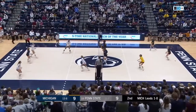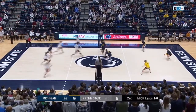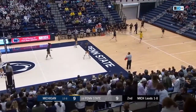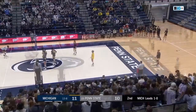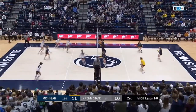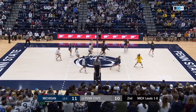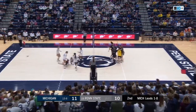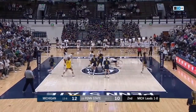Now Johnson from the left corner again. Stark with a better receive that time, and now it's over to Rollins. Going cross court there. It deflects off Grant. Racing back is Jones. She won't get there. Merzick set up again in the left corner. Goes cross court. Horde's there that time with the receive. And now Horde with the attack gets it deflected at the net, but Merzick there with the dig and a setter dump that time. A 13-9 Wolverine lead